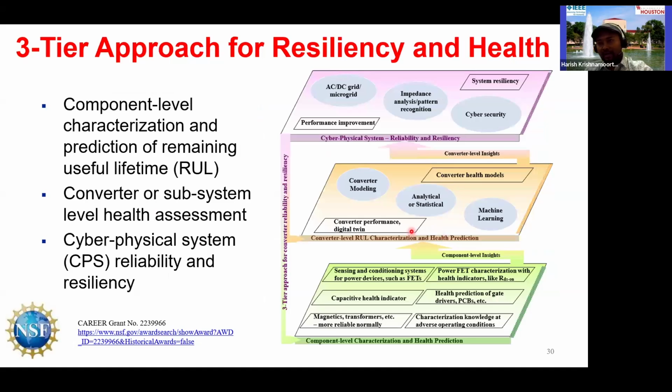Now, there is one more angle that we work on in our lab. That's an approach towards resiliency and health from a prediction perspective. Prognostic health management (PHM) is a very popular term used in the industry. We try to understand how we can implement PHM at the power conversion and power distribution system level. So we do a lot of tests and characterization in our lab to understand the properties of power electronics, battery storage, and other systems, and try to understand how their life varies over the number of years that they are operating.